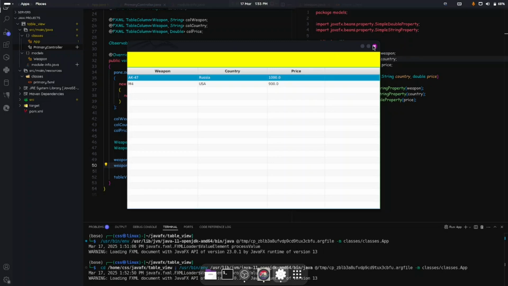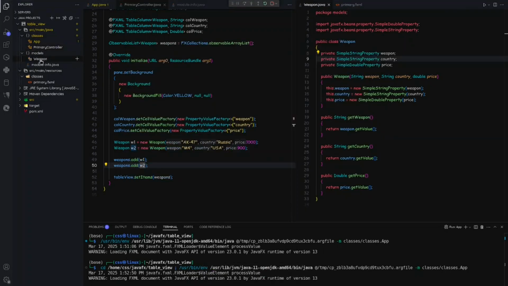So for the moment, that's all, and I hope it was helpful for you and you have a clear idea of how to use TableView and how to build the TableView and populate it with objects. Remember, you need the model class or the weapon class to populate, because we are using objects, and objects are necessary to extract the information that the object contains